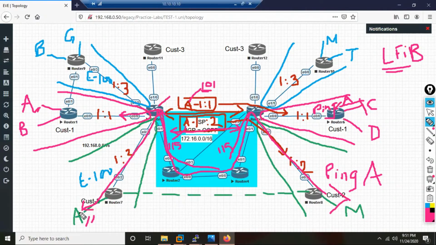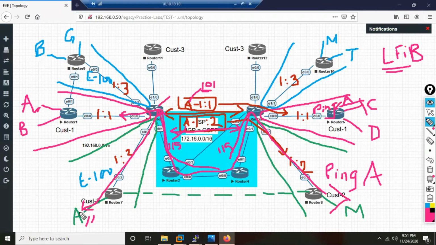Because of this, every customer's traffic will flow uniquely. First, the routes get exchanged uniquely and separately because of the RD. And now the actual customer traffic will flow separately. No two customers' traffic will get mixed up, because for every customer route there will be a unique label. And who generates the label for customer routes? BGP, because they are BGP routes.